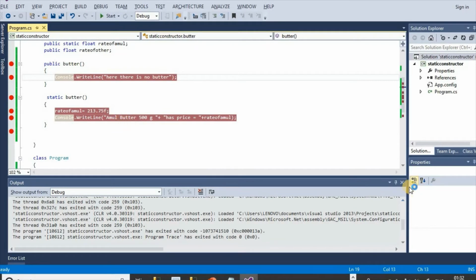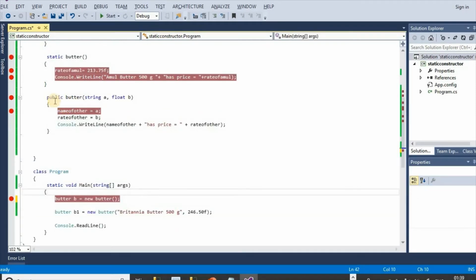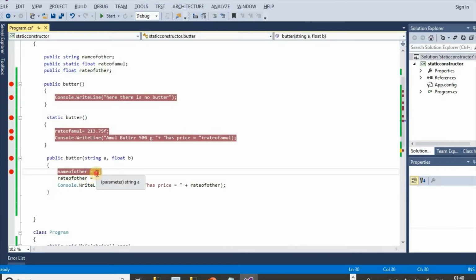Now we have taken another constructor, public Butter, but here we have passed two parameters to this constructor: string a and float b. The value of a is stored in this name of other string variable, and the value of b is stored in this float variable rate of other.